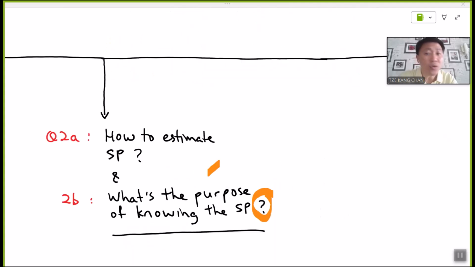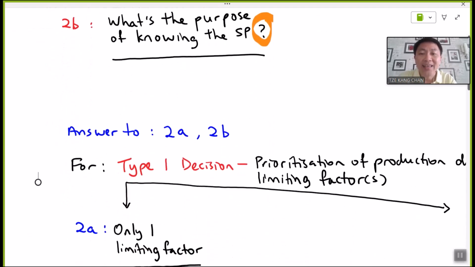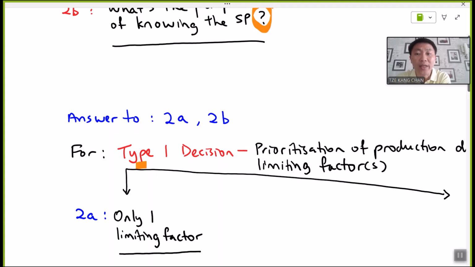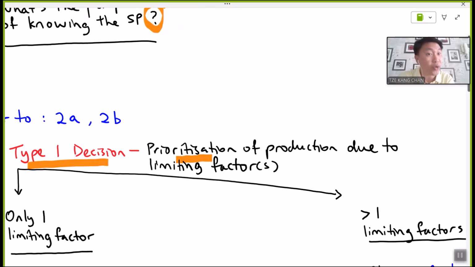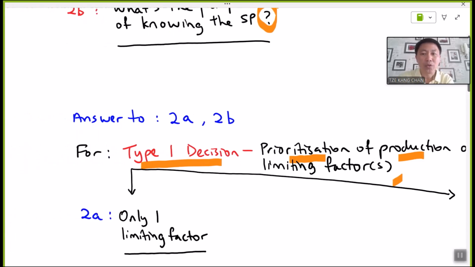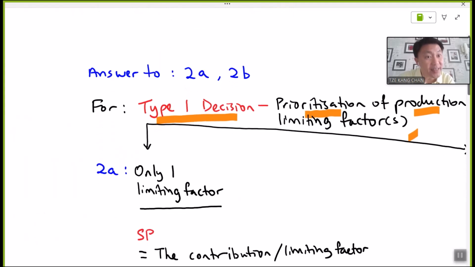So, how exactly do you derive and estimate the value of shadow prices? To me, that very much depends on what exactly are the types of decisions you're experiencing. As mentioned a moment ago, there are two main types of decision. The first one is mainly asking to prioritize the production of ranges of products based upon a common type of limiting factor. So with this kind of scenario, the first circumstance that gives rise to shadow prices is where there is only one single limiting factor present.